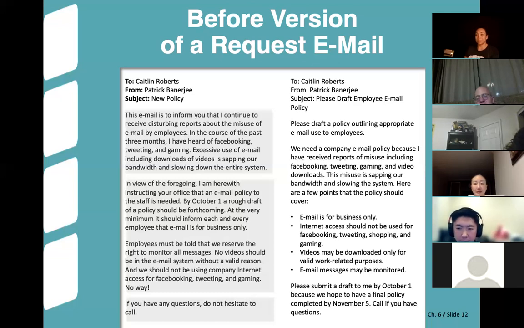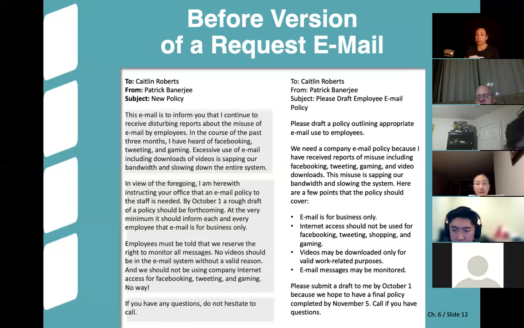Oh, that was the other thing I didn't realize. Had I thought about it longer, I would have seen it. Remember, we just said in that other slide that you want to provide a due date all the time. So here we go. Please submit a draft to me by October 1st, because we hope to have a final policy completed by, this is why. So we not only gave them a date, but we explained why, like we talked about. And then finally, call if you have any questions.